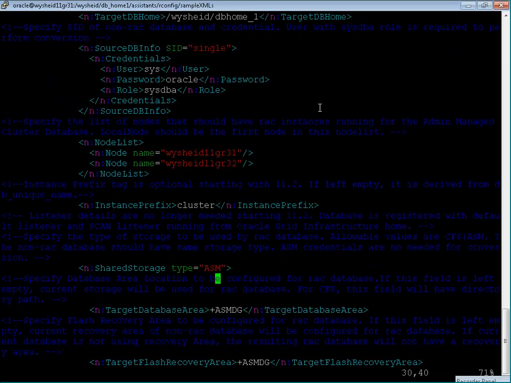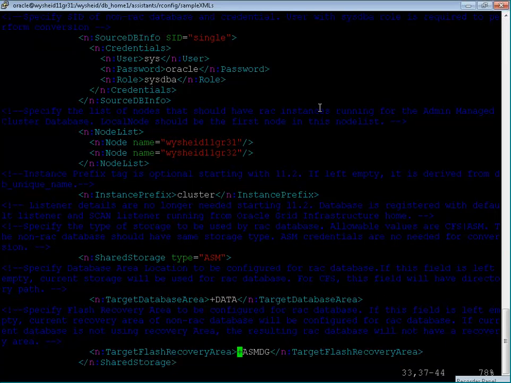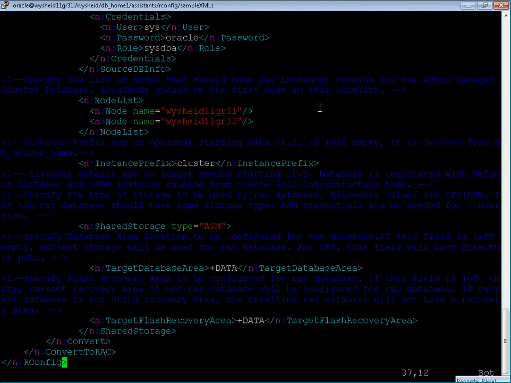Then it's asking you what is your target database area. In our case, it should be data. And then what is the target flash recovery area? In our case, that's also data. That's all. These are the parameter changes to be done for the XML file for conversion of single instance database